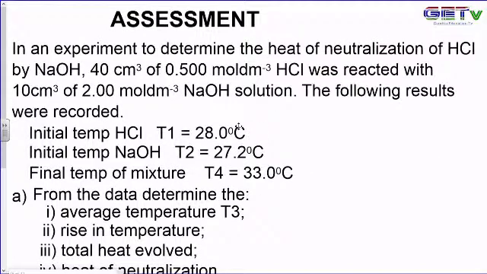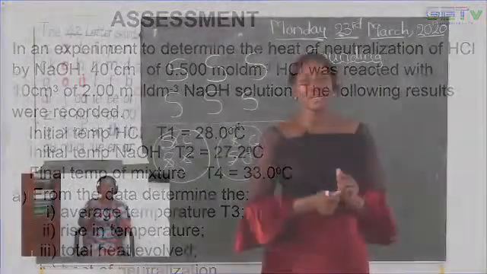Now we have our assessment question, and the assessment question reads: in an experiment to determine the heat of neutralization of HCl by sodium hydroxide, 40